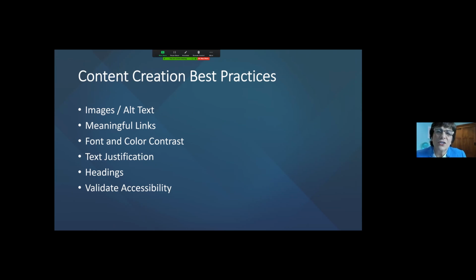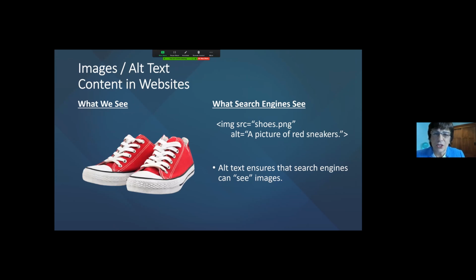What size font is large print, and what color contrast goes best for someone with visual impairment? Should the text be justified to the left, to the right, or in the center? And what about headings on a document? What do you do to find the information in Word to validate that your document is accessible? Is there a tool in Word to do that? I'm hoping that some of you have some experience with this.